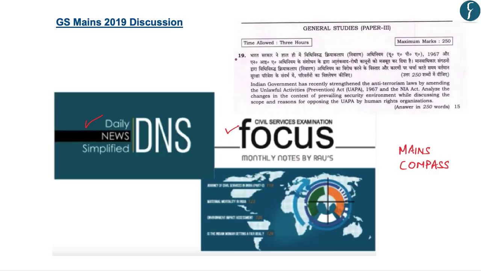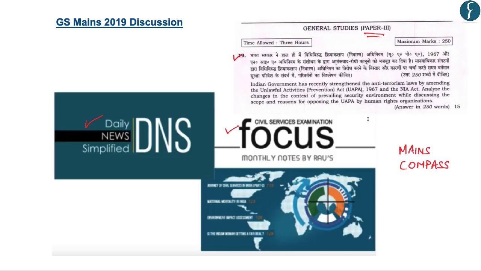Now, as a part of today's analysis, I'll be discussing this question that has appeared in General Studies paper 3 with respect to the amendments in anti-terror laws in India. Now, in that the question read, Indian government has recently strengthened the anti-terrorism laws by amending the Unlawful Activities Prevention Act 1967 and the NIA Act. Analyze the changes in the context of prevailing security situations while discussing the scope and reasons for opposing the amendments